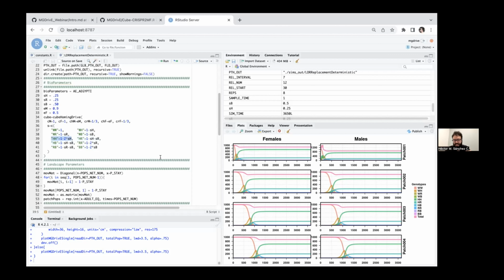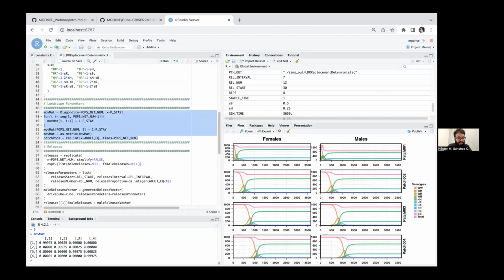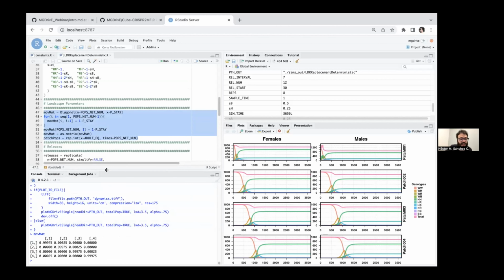So we're having 0.5 fertility cost, but this can be modified as needed and as the data suggests. And the movement matrix, this time it looks like this. Let me just plug it in here. It looks like this. So instead of just having one node, this time we have the probability of mosquitoes staying in that node to be